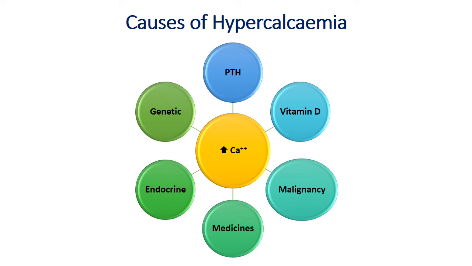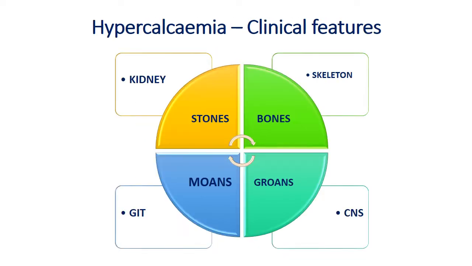Genetic cause, the most important genetic cause is familial hypocalciuric hypercalcemia, where due to a defect in the receptor, you get decreased calcium excretion through the kidneys with the resultant increase in serum calcium levels. Now, the symptoms or the presenting features of patients with hypercalcemia vary. A good proportion of hypercalcemia, which is picked up nowadays, is actually asymptomatic hypercalcemia, where because of the routine chemistry panel,